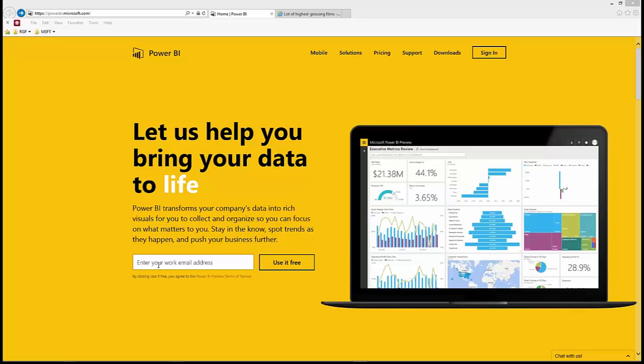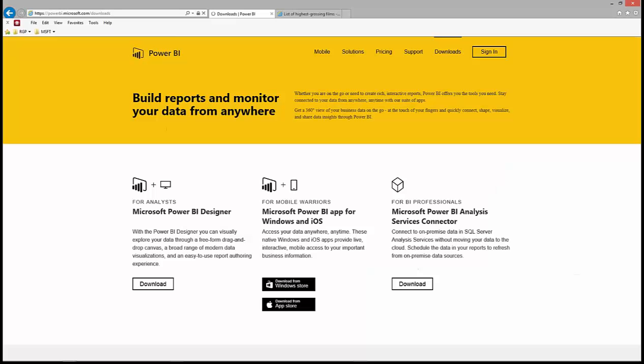But you just go here, enter in a work email address like it says. It has to be a work email address. It can't be like a google.com or gmail.com or anything like that. It actually has to be some kind of work domain account. You just click the button and it'll get you all set up for a preview website that we'll see in a second. That's where you deploy your reports and solutions out to,